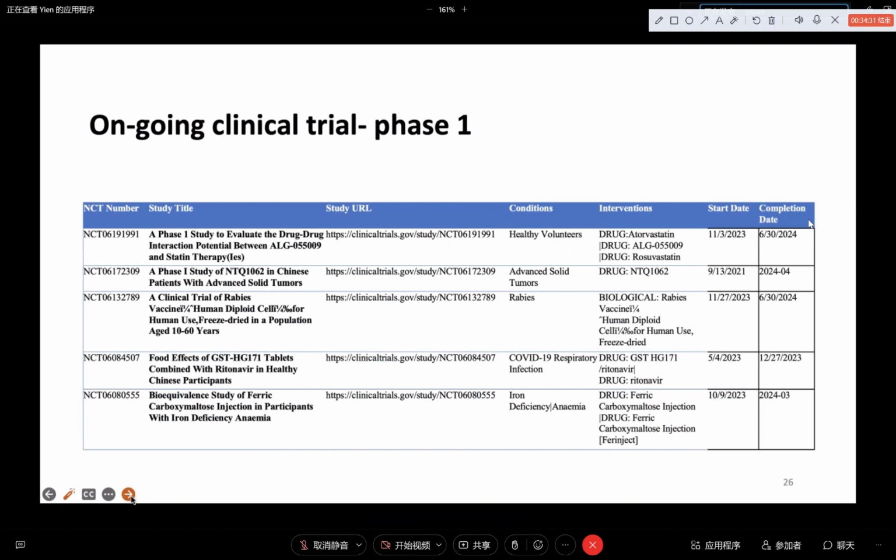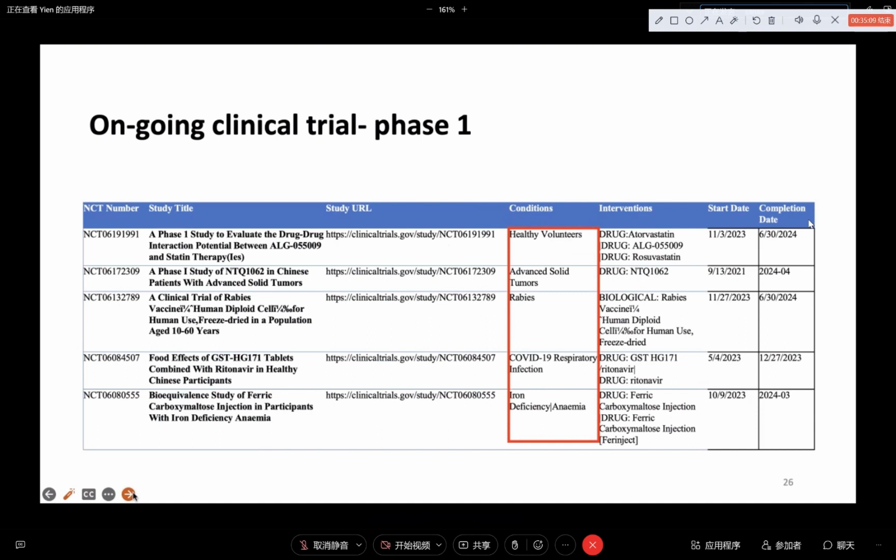He mentioned that each of the studies has to be submitted and approved by the FDA agency. Then there's the study title; we have 5 study titles in different conditions, and then the study URL. I chose 5 different conditions. As Yin she mentioned, it may be phase 1 with only healthy volunteers, or a specific condition like cancer, rabies vaccine-based ones, COVID-19, and iron deficiency anemia like metabolic syndrome, and also each intervention conducted on drugs